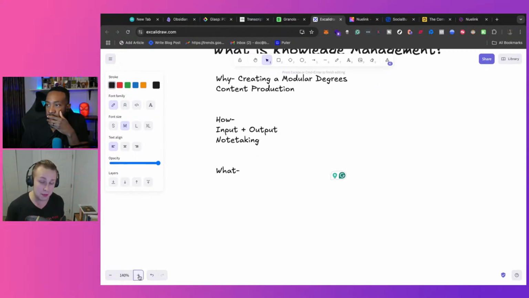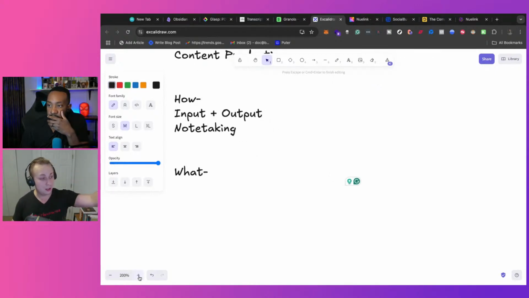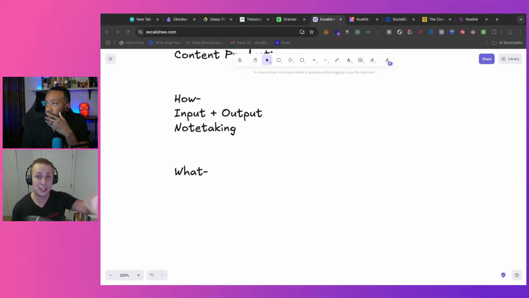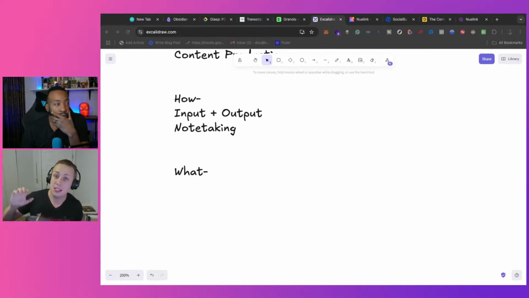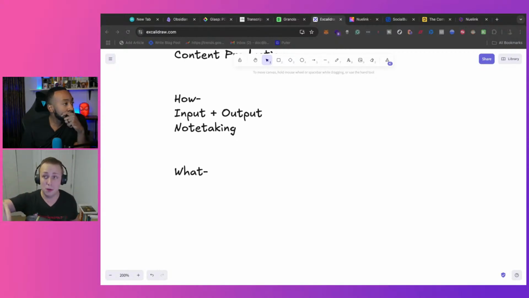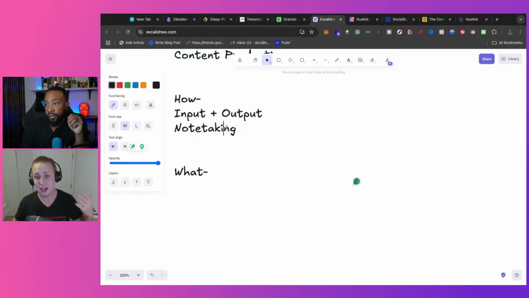You need project management to understand here are the courses, podcasts, blog posts, audiobooks, whatever learning materials you want for your do-it-yourself degree. You have to have a system that keeps track of them all and organizes them by tags or semesters, what have you. Same with the content production. You need to be able to keep track of, is this a video? Is this a blog post? Is it a podcast? Keeping those different databases separate, but also holistic at the same time. These are how you go about doing it.